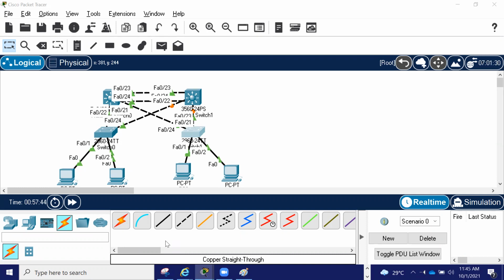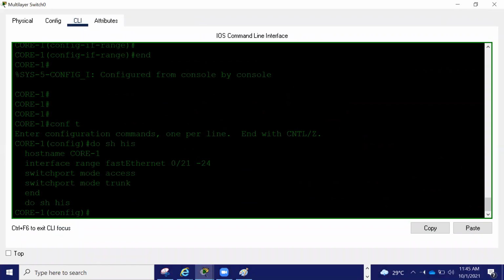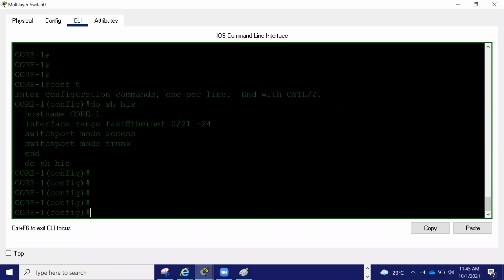So where we are, we just created the trunk port. What we can do is quickly create one of the switches as a VTP server, core one. In spanning tree, we can do all the protocols here, but right now let's focus on only a few things.